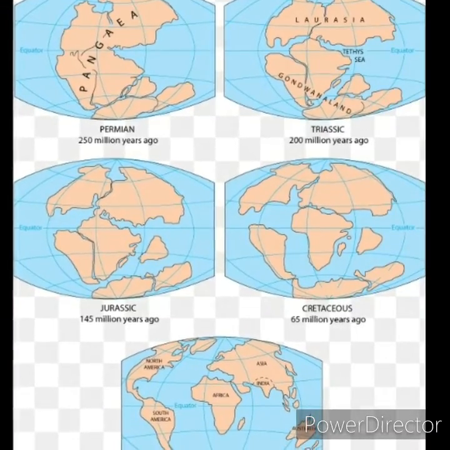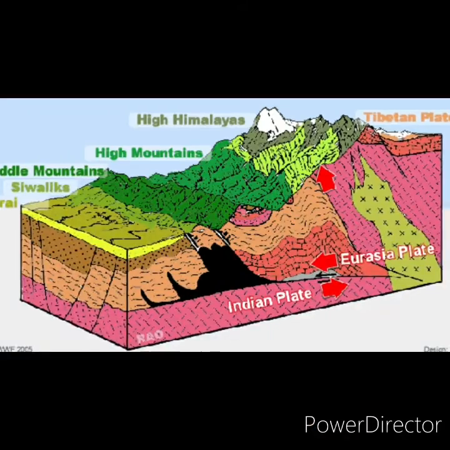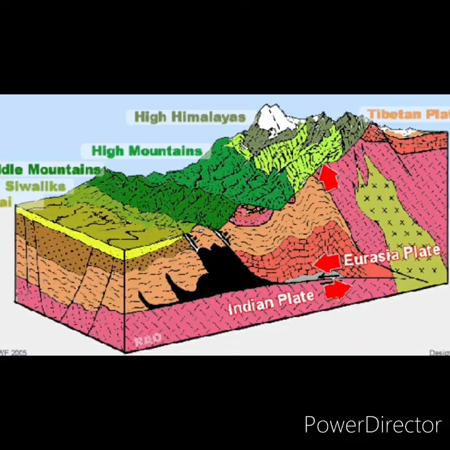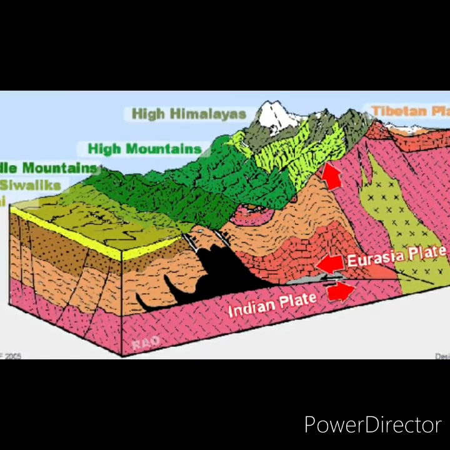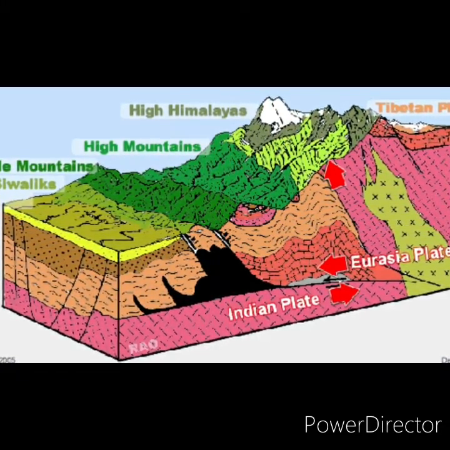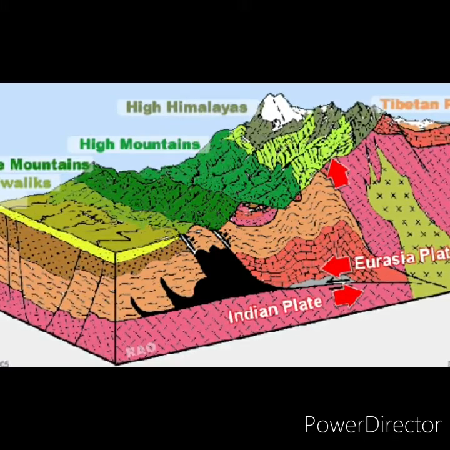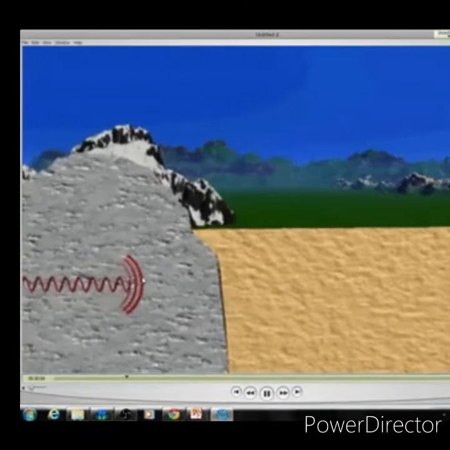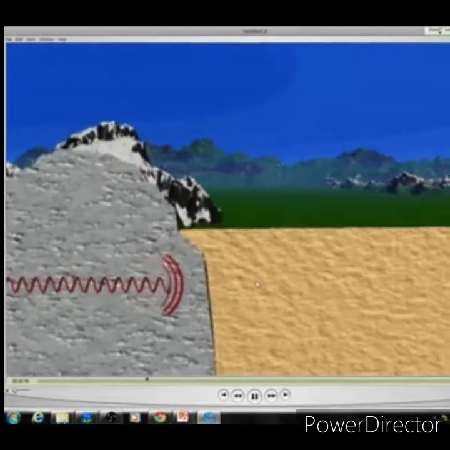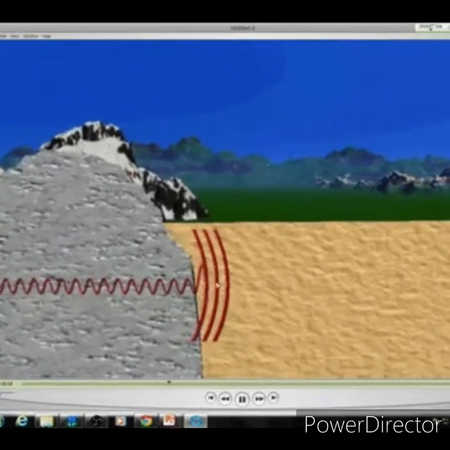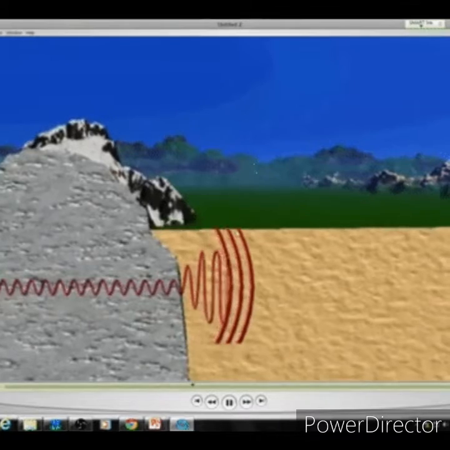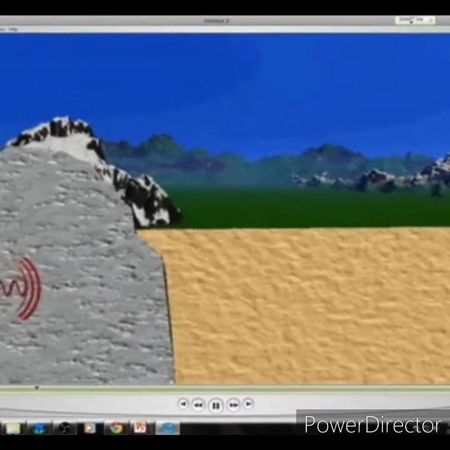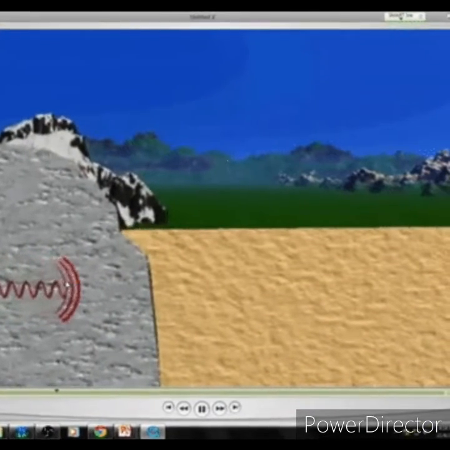The collision with the Eurasian plate along the boundary between India and Nepal formed the orogenic belt that created the Tibetan plateau and the mighty Himalayan mountains. Now you are going to learn about the earthquake. What is an earthquake? Earthquakes are generally caused by sudden vibration in the earth crust, which spreads outward in all directions as waves from the source of disturbance.